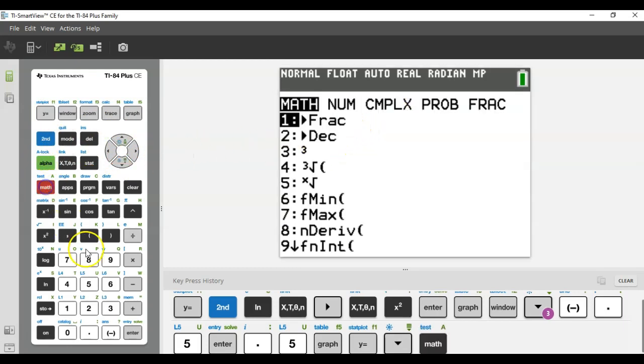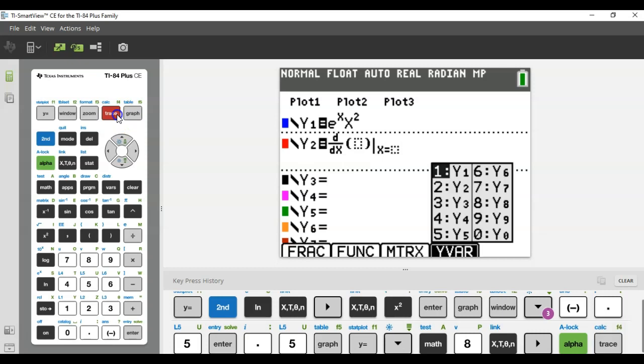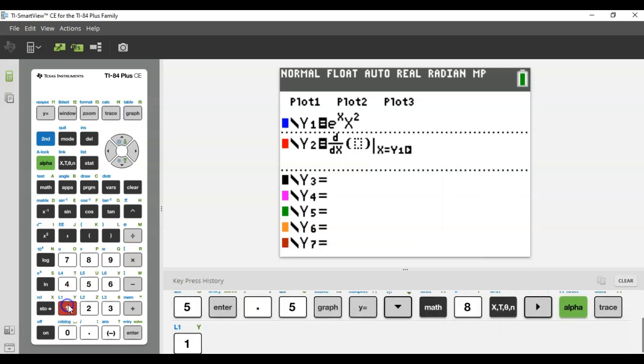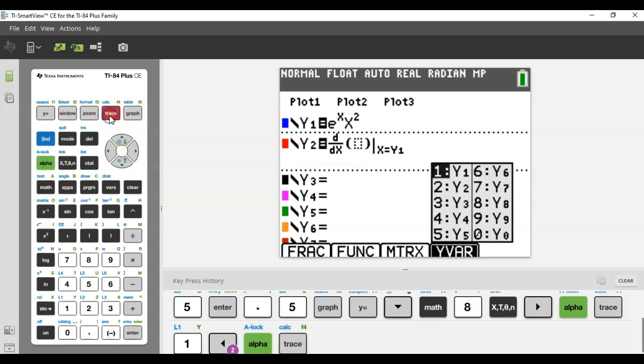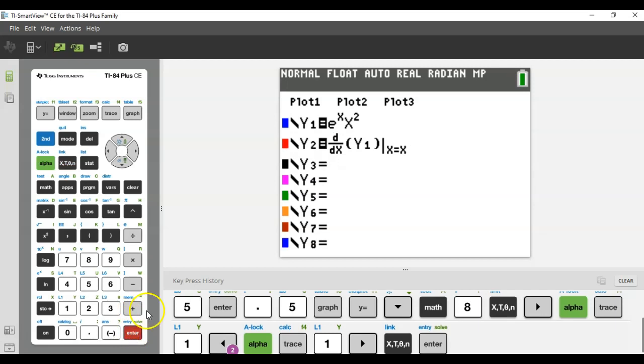So we go to Math, 8, and then x, and then y1. Sorry, that should be y1, this should be x. There we are. Enter. And so now to find the second derivative, I'll need to take the derivative of y2,